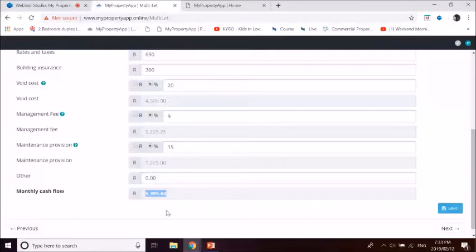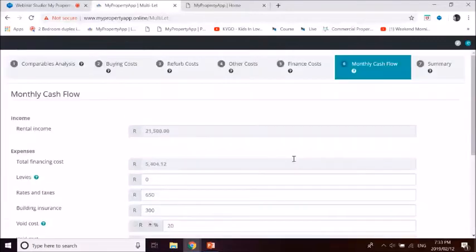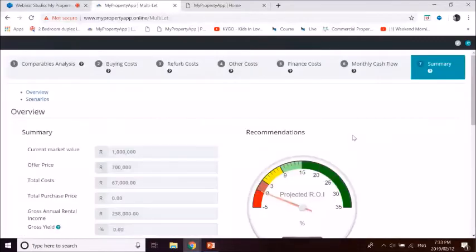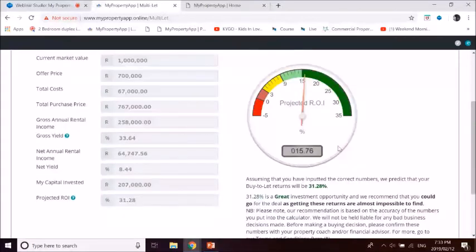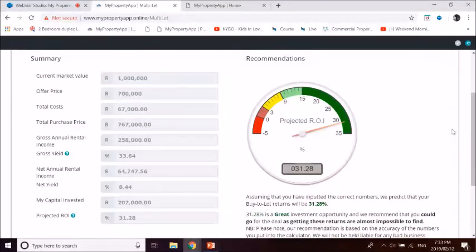So for instance, if we look at rental income, on the original numbers the projected ROI is 31%. 20% less rent gives a lower ROI. If we go here to minus 30%, it would tell us that we would then be making about a 10% ROI. So I think that's still quite a lot of buffer. We're expecting that even if we reduce our rent by 30%, we're still making a positive ROI. So for me, that's quite a safe factor.